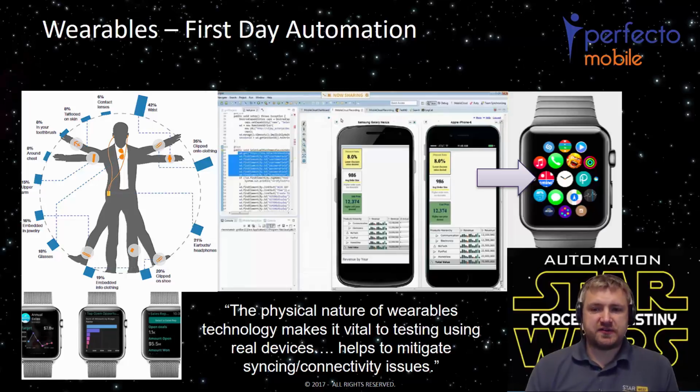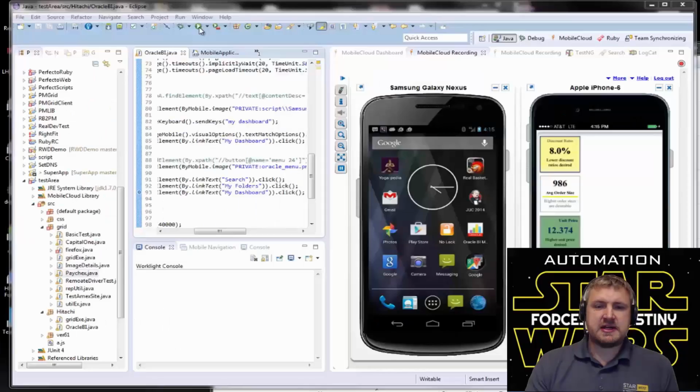So then on the first day, we were able to run automation tests on real devices and launch it into the App Store as quickly as possible. But what you're seeing with most application environments now is you're looking at building and testing on a mobile device, or as they refer to it, mobile first.